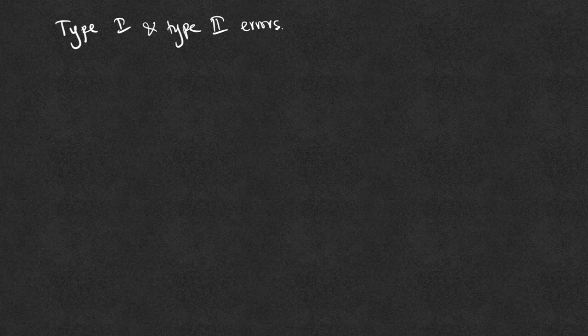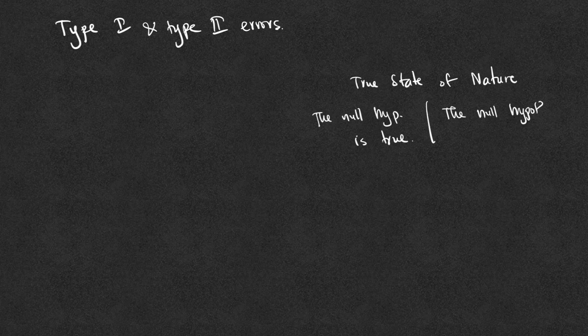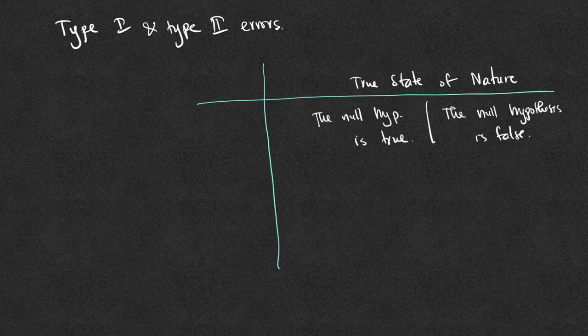In a hypothesis test, we will encounter type 1 and type 2 errors. The state of nature is that the null hypothesis is true or the null hypothesis is false. Remember that the null hypothesis is the statement of indifference. We first assume that the null hypothesis is true, then we seek evidence to either reject or fail to reject